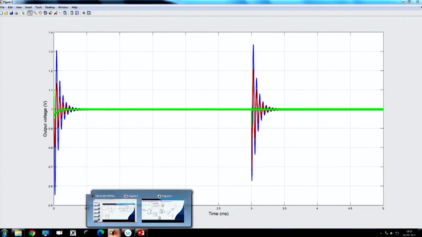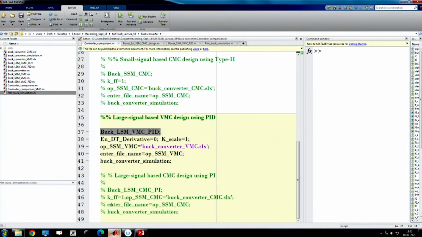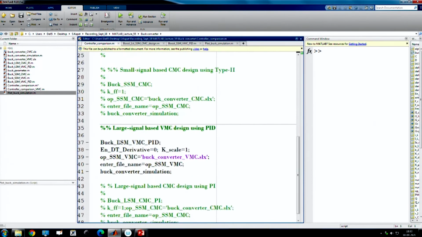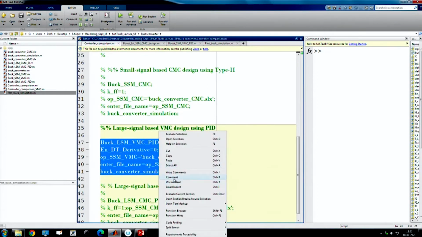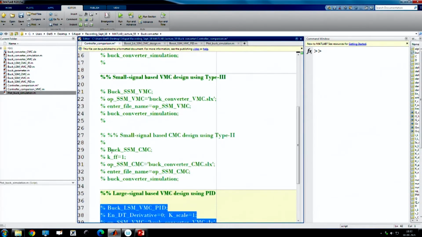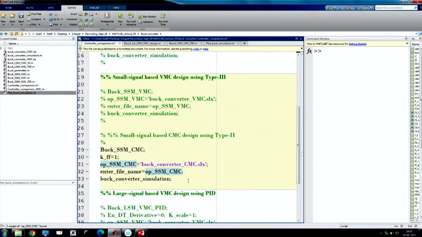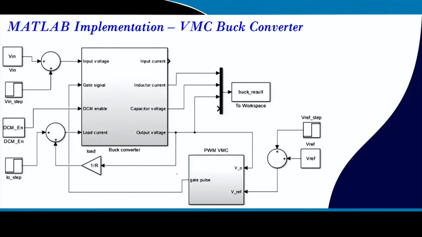Now, we are going for current mode control. So, let us close all the files and clear once more. In current mode control, we will see two things. The first is small signal based current mode control, uncomment. Here I have shown you KFF. If you go to current mode control,